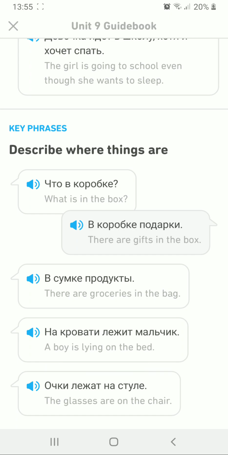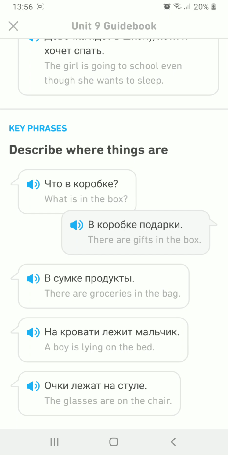And what else? We have очки лежат на стуле. We know that the word стол is a table, and стул is the chair. And I should say it in the indefinite article, so a chair. Стол is a table, and стул is a chair. Очки